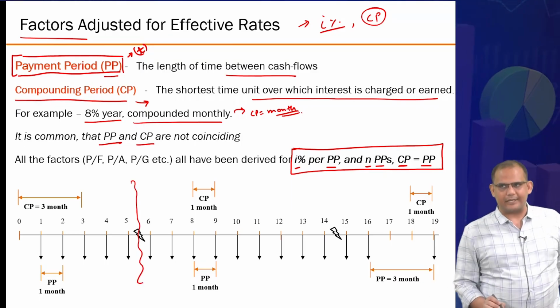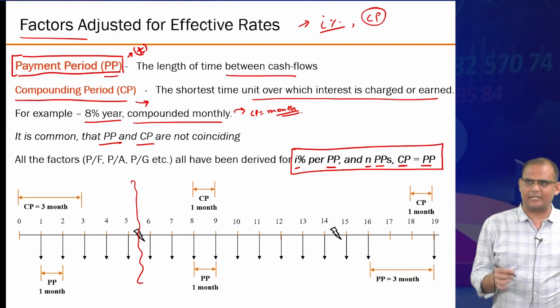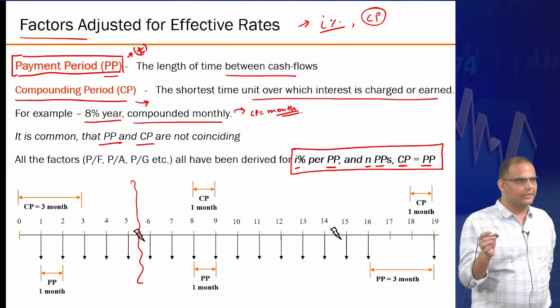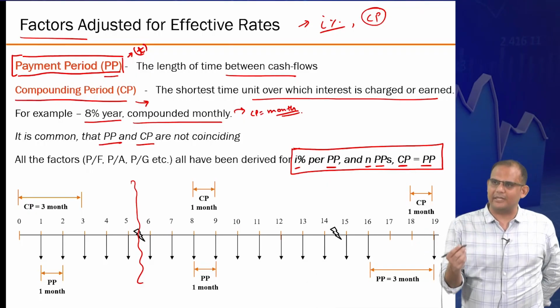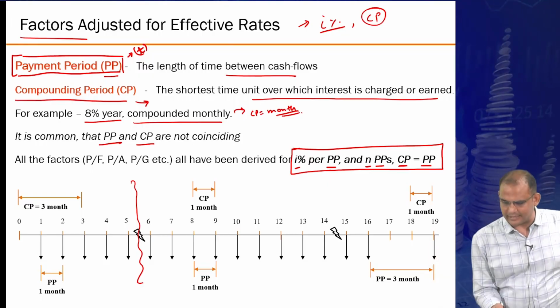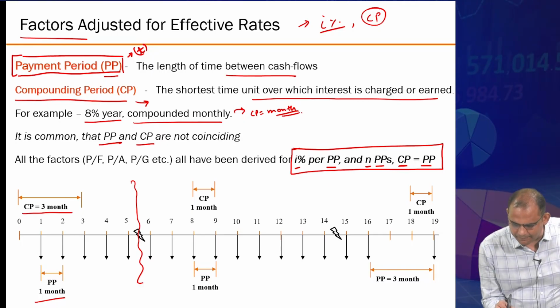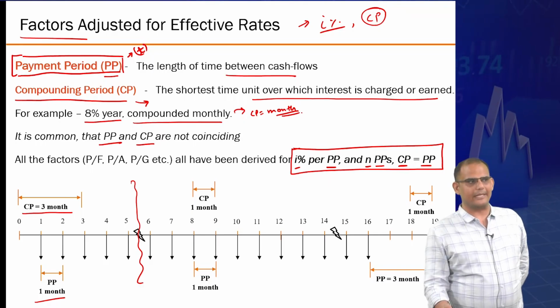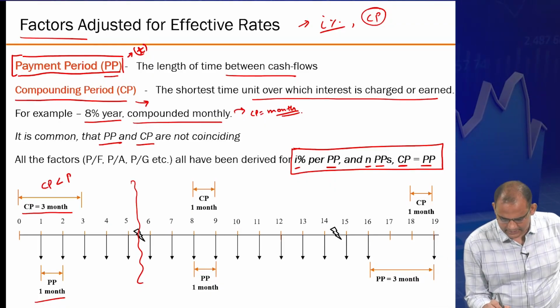your payment period is the time difference between the cash flows. Of course, you could argue that not every cash flow is occurring on the same interval, but on average, you'll be able to get an idea whether you want to adopt a monthly cash flow, a yearly cash flow, and things like that. So this is your payment period in this example, which is equal to 1 month. But I am defining that the compounding period is given to you on a quarterly basis, right? So in this case CP is less than PP.